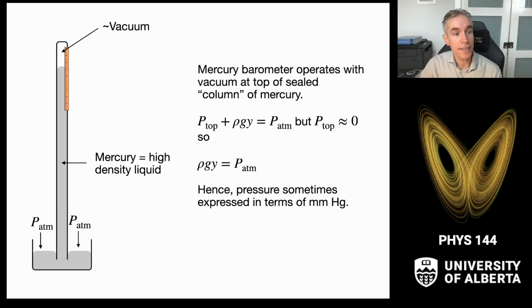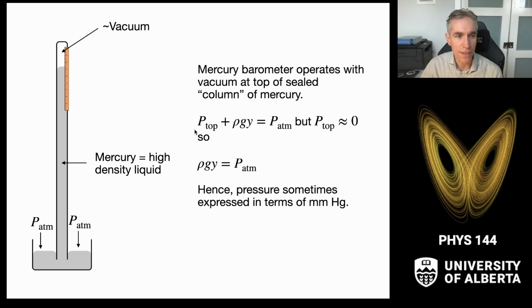Here the idea is you take a dish of mercury and you fill a tube with vacuum. I guess that's weird. You empty a tube of air so it becomes a vacuum, and then you stick it into this vessel of mercury and it sucks up the mercury into this tall column here